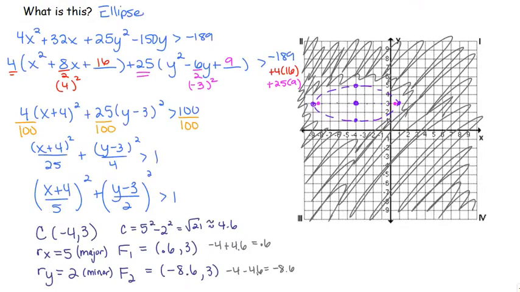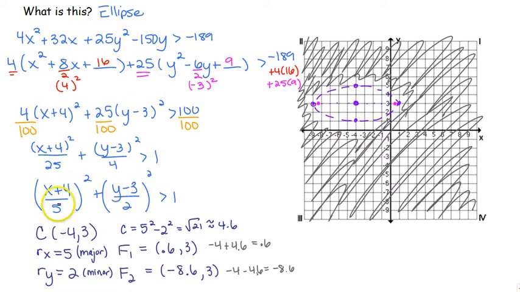Okay, we start by completing the square to get our equation in graphing form. With an ellipse, we always have it set equal to 1. This time it's an inequality, so it's greater than 1. We've got to make sure that once we find what number's underneath the fraction, we take that 25 and actually put it underneath so that we have our r of x as 5 and not 25. So we start by finding our center, -4